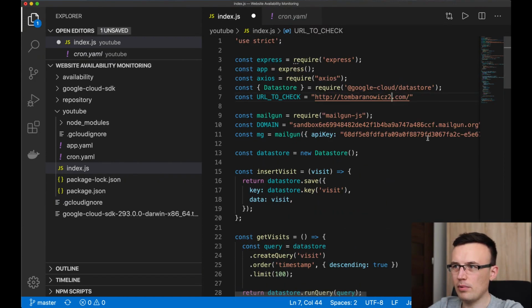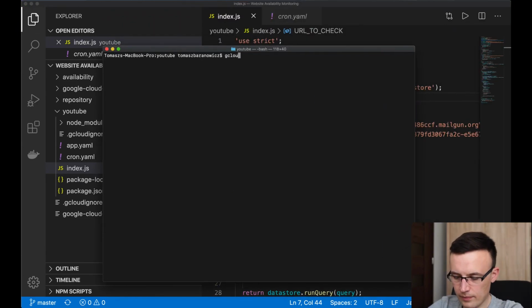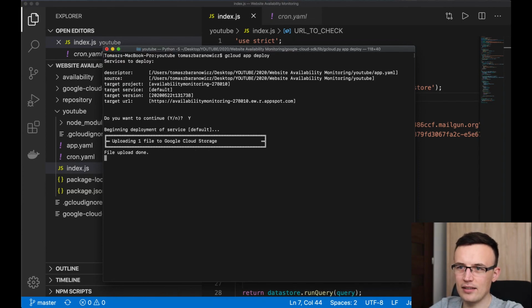So there is probably no website like this, and right now we can deploy the new code, and that's the great thing, that you can deploy that quickly. It takes the same amount of time as probably committing and pushing to the repository,